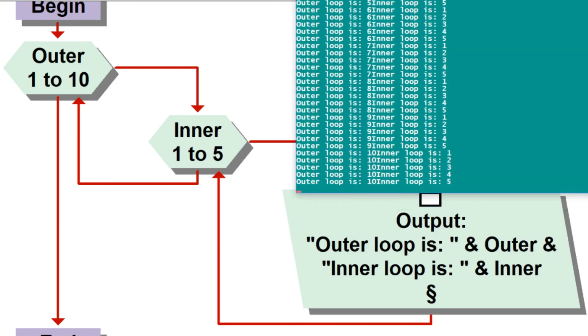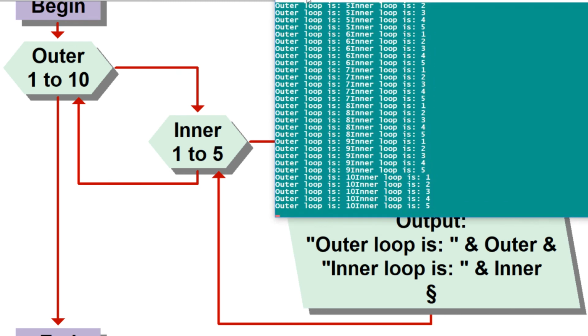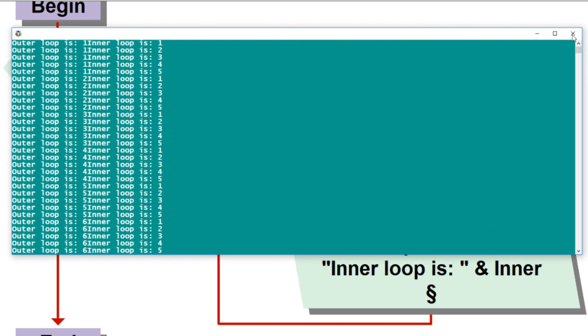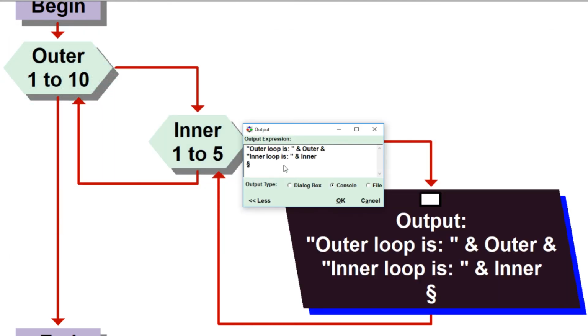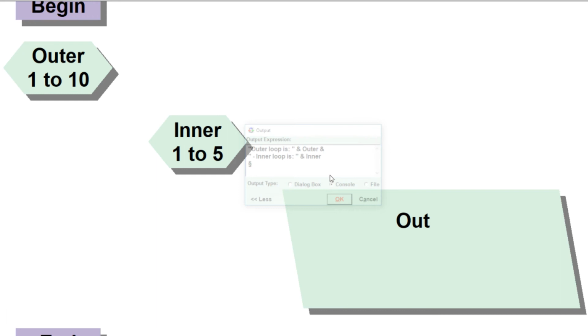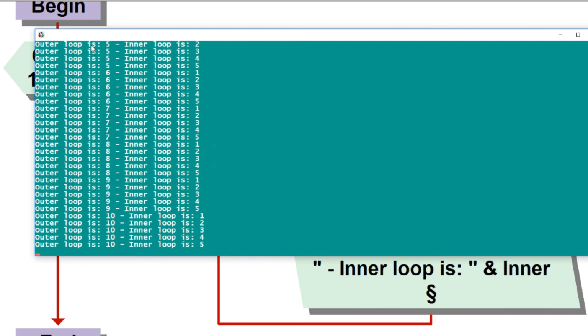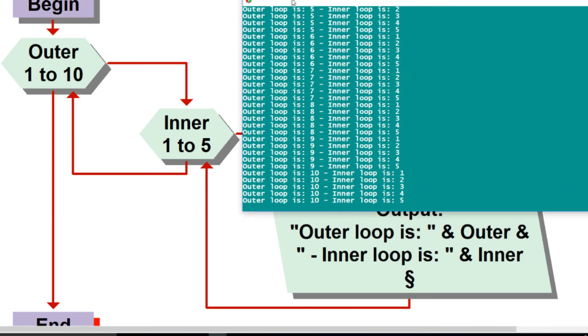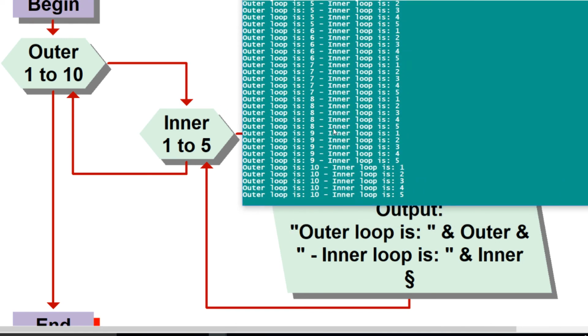And even though I forgot some spaces, which I keep saying that you should not do, I keep doing, what you'll note is, in fact, let's fix that because it'll make it a lot more readable. I forgot to put a space here. And I'll put a dash in too, just to see if that makes it a little more readable. And so what you'll note is that for my program, if I push this up here so it's easier to read, you'll note that the first time through, outer loop,